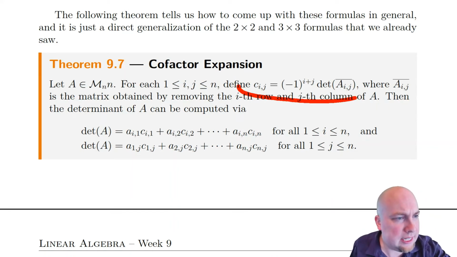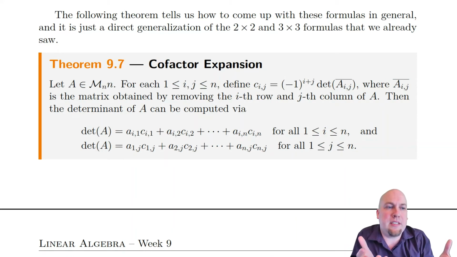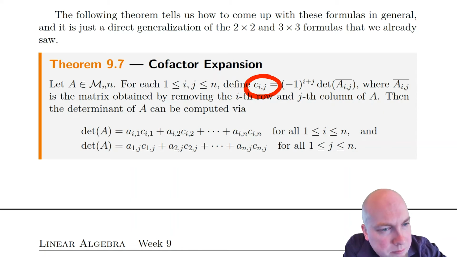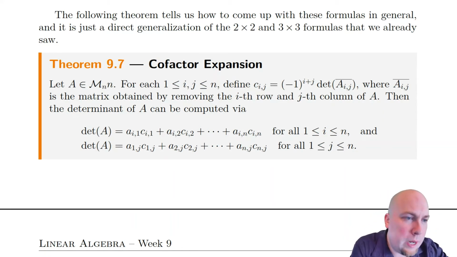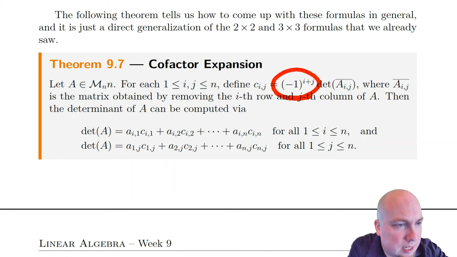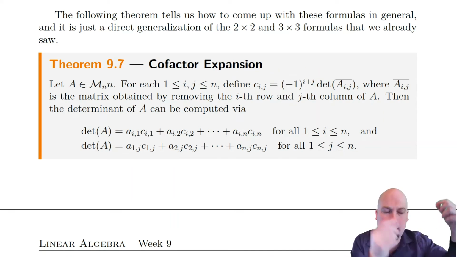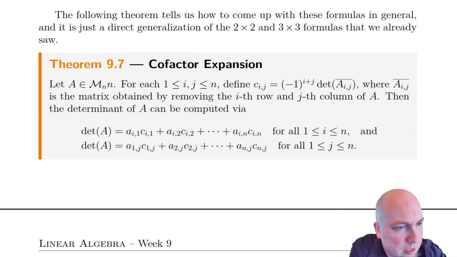And they're defined up here, okay? And this is what sort of makes the theorem a bit of a beast, okay? It takes a while to get your head around what these numbers are. These numbers, these Cij's, these are called the cofactors of the matrix. And the way they're defined is, well, they've got a weird sign out in front of them, okay? So it's always you're multiplying by -1 or +1, depending on i and j. Okay, don't worry about the exact sign pattern. We'll talk about that more later. But then it's either +1 or -1, and then times